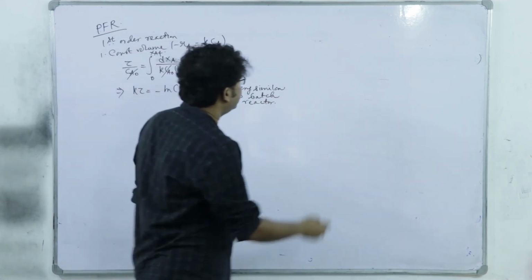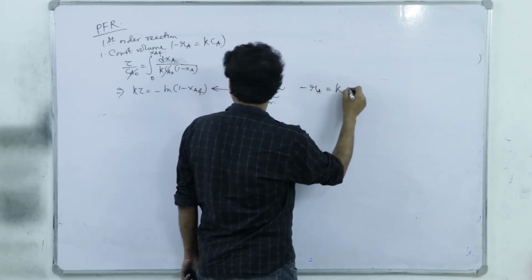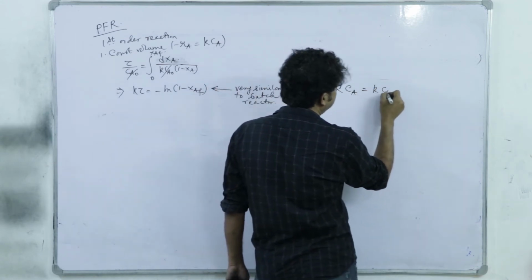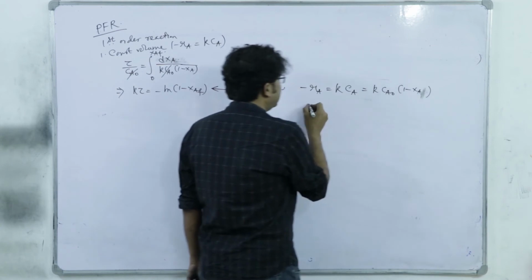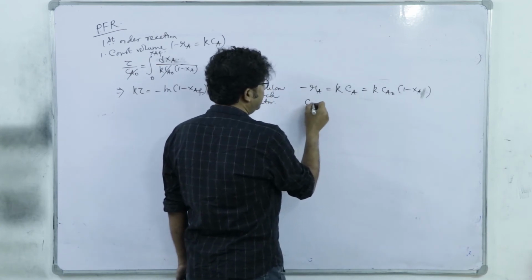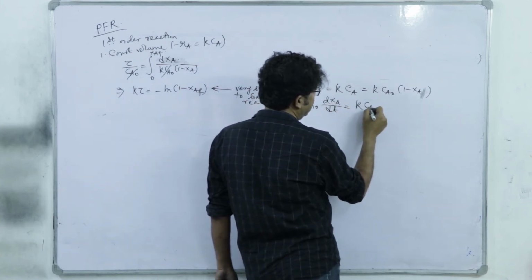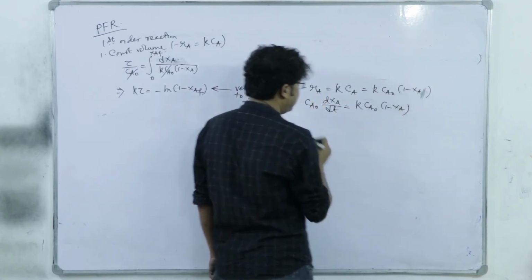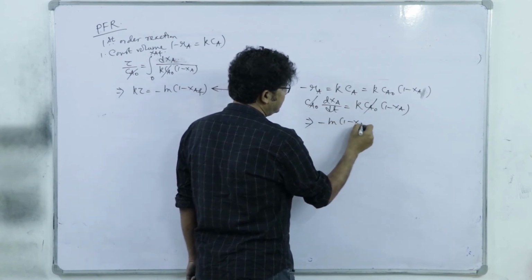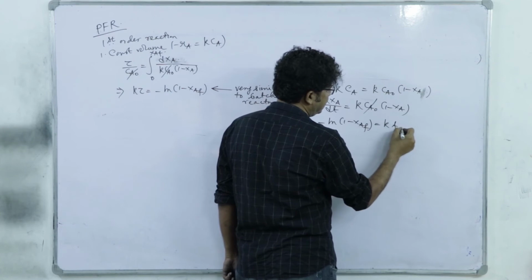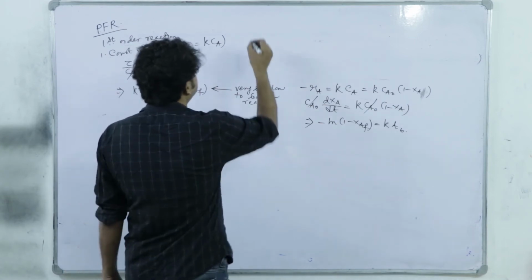because in a batch reactor, what we know, we have minus Ra is equal to K Ca, which is K into Ca naught into 1 minus Xa, and this minus Ra we can write as Ca naught into dXa/dt is equal to K Ca naught into 1 minus Xa. So the Ca naught cancels out. So minus of ln 1 minus Xaf is equal to K into T batch, the batch time. Right. And structurally, you see,